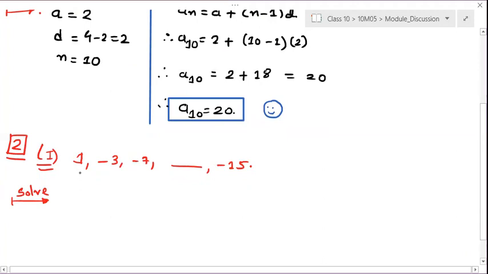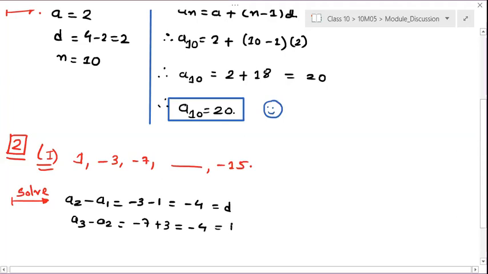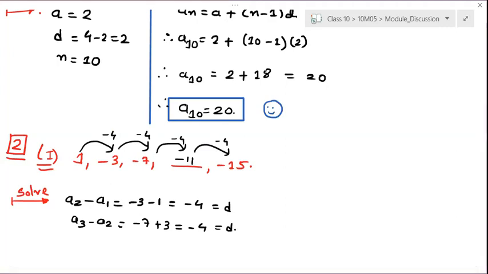First, try to find the common difference, right? So here, first I am finding A2 minus A1, it is -3 minus 1. It is -4. In the same way, A3 minus A2 is -7 plus 3, which is -4. So the common difference is the same in all of them. So here, if you add -4, you will get this. In the same way, if I add -4, 7 minus 1 is... sorry, -7 -4 is -11, or not? -11 -4 will give me -15. Very good. So let us see the second question now.